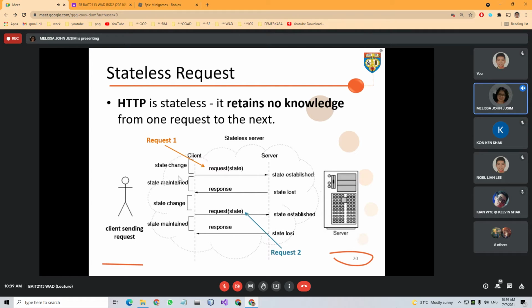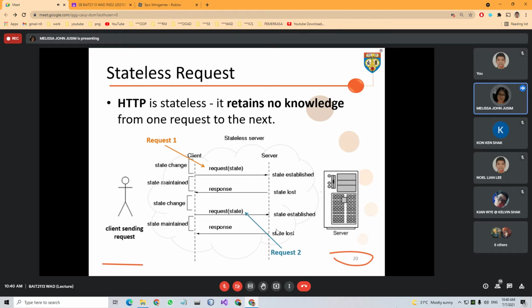They do not know that in request one you logged in as this and selected this option, and for request two we definitely want to still retain our login value and what has been selected previously. But the problem is that HTTP is stateless.